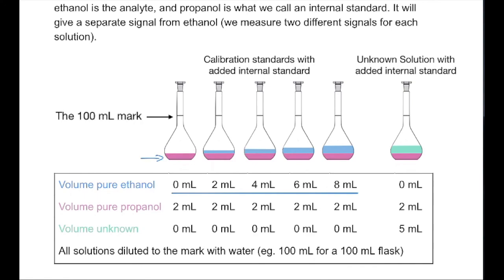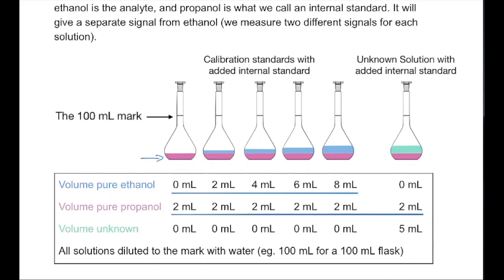Now focus on the purple, which is the internal standard. Notice that the same amount of internal standard is put into all of the flasks, even the unknown sample. So ethanol changes because that's our analyte. Internal standard stays the same. It doesn't change. The volume is the same in all of the samples, but it is also present in all